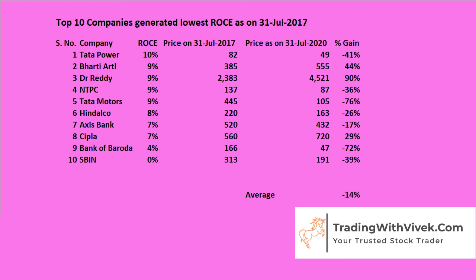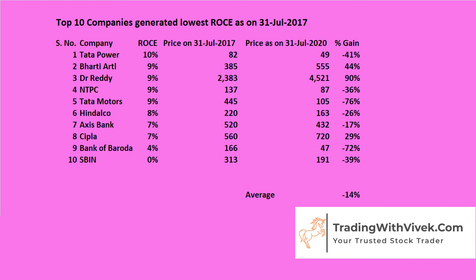See, in the case of banking companies, this is not ROCE, this is ROE, because in this case long term borrowing and short term borrowing is not a borrowing, actually that is the inventory for these companies, so that is excluded, and the return on capital employed is not calculated, it is replaced by ROE. So we have taken ROE in the case of lending companies like banking companies. Okay, so these are the 10 companies, and the stock performance of these companies is like this.